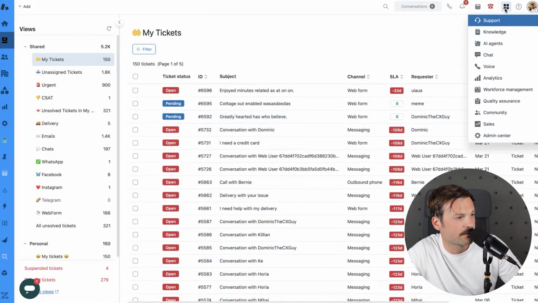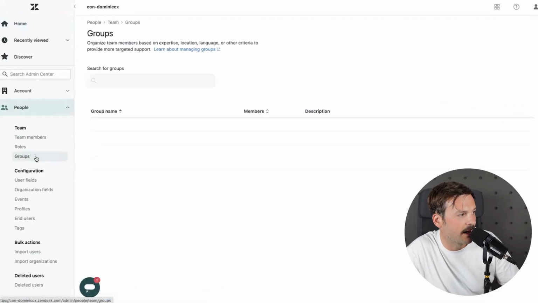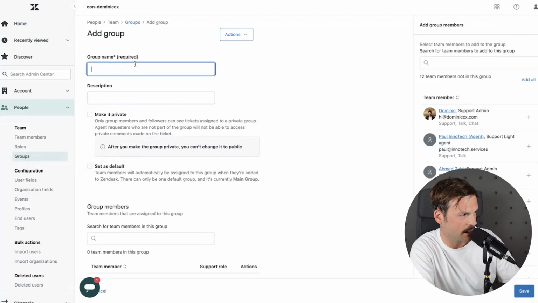So I'm going to go here to the four squares, go to Admin Center, and then I'm going to go to People, and then in Groups, I'm going to go to Add Group, and I'm going to call this one Private Legal. This usually applies when you have legal matters that you don't want the rest of the team to have access to, or if you have, for example, a business running in multiple parts of the world, then legal issues don't apply in each area, and you maybe don't want the other party to have access to these